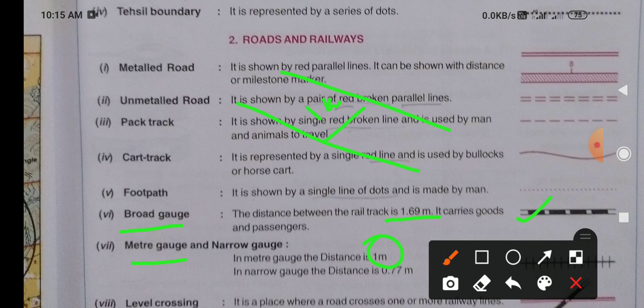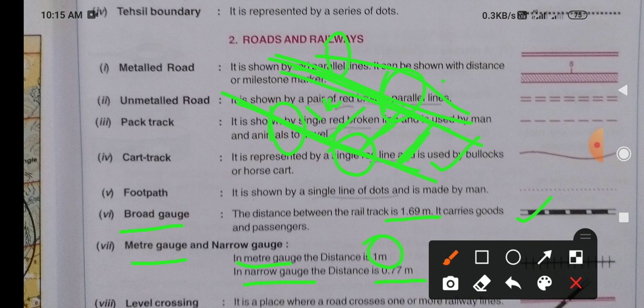I mean the gap between the two rails. Okay, these are called rails, on which the wheels of the train roll. So the gap between the two rails is called the gauge. If they are wide enough, they are called broad gauge, and if their gap is only 1 meter, then that is called meter gauge, and if it is still smaller, then that is called narrow gauge. Got it? I think all of you know about that.